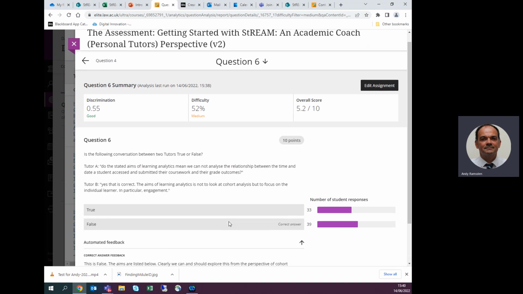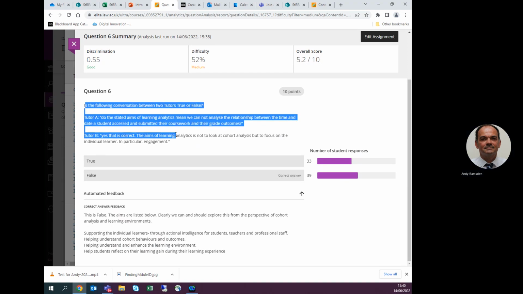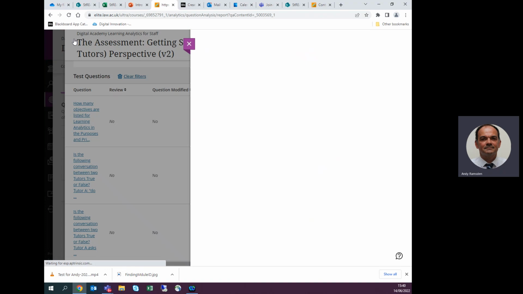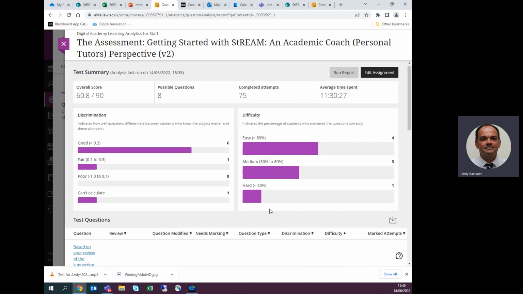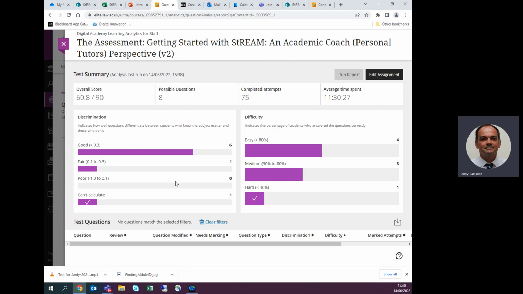I can look here at the feedback, and hopefully the design teams put lots of really good feedback in there, so that the designers as well as the students, so the delivery tutors as well as the students, can see it. And then in the class, that could be the question that I go through and give feedback on. Similarly, if I so wish, I could come out of medium and go into hard. Again, I can see this is a true false. This one was perceived here, discrimination was quite clear there. Or I could go into another section, and there'd be another thing that you can look at, such as